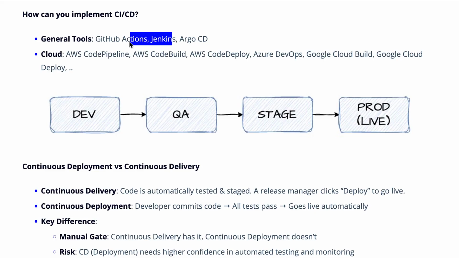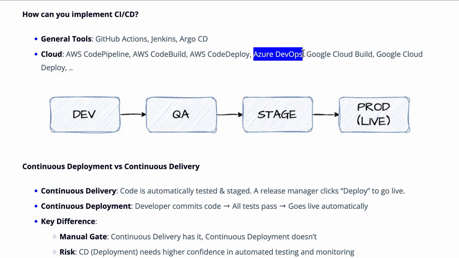These are great tools to do continuous integration. Argo CD is a great tool to implement continuous deployment when you're using Kubernetes. You also have CI/CD tools in the cloud as well. In AWS, you can use AWS Code Pipeline to build pipelines. And as part of the pipeline, you can build software using code build, and you can deploy it using code deploy. You can deploy code to a variety of services in AWS.